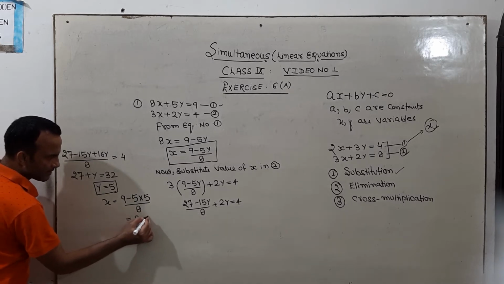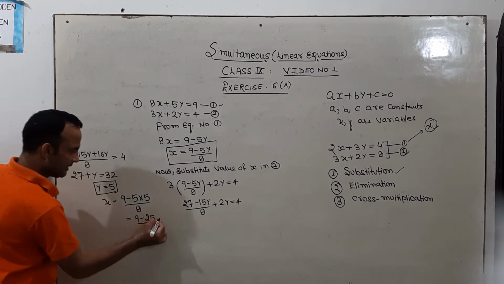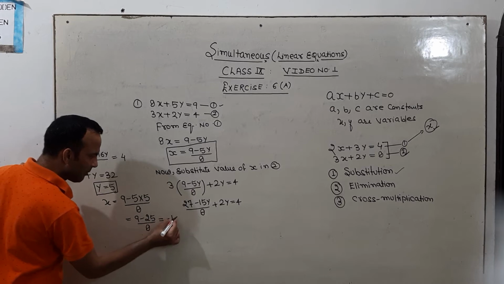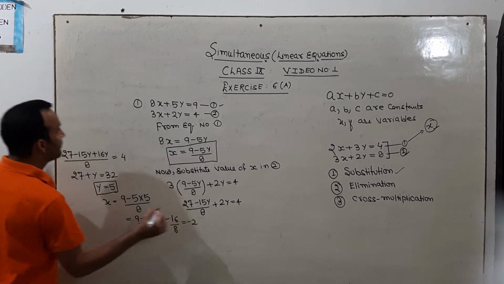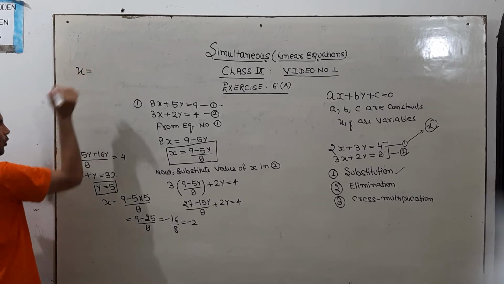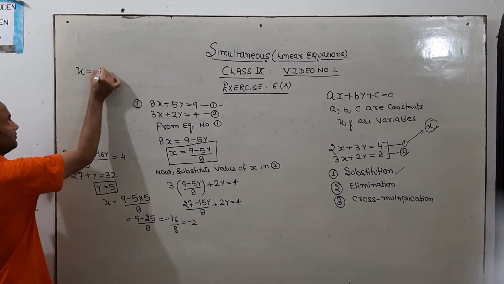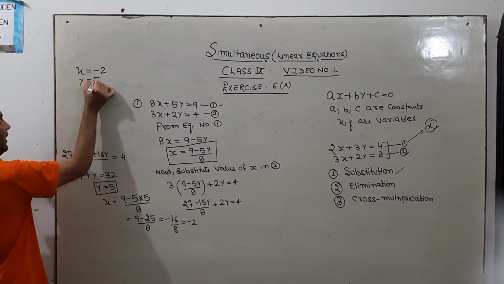9 minus 25 upon 8. Okay? This is negative 16 upon 8, which is equal to negative 2. So in last, you have to write x is equal to minus 2 and y is equal to 5